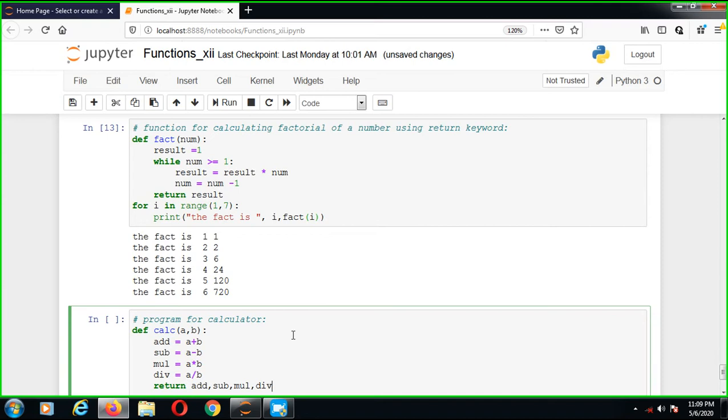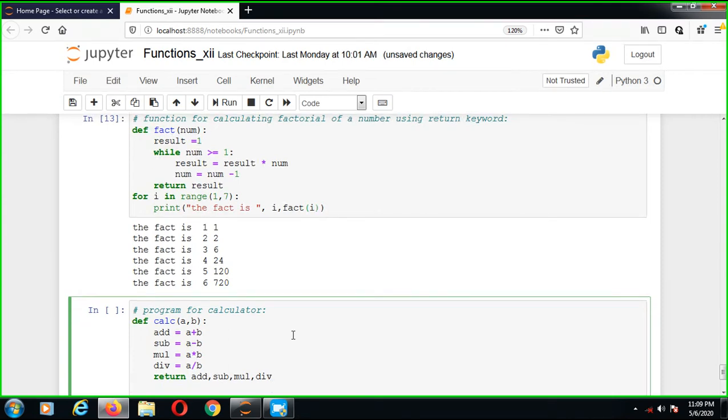Okay friends. Now what is the result? So we use the result variable. Now we call the calc calculator function, and we put the values 10 and 6. This is our value. Got it friends?